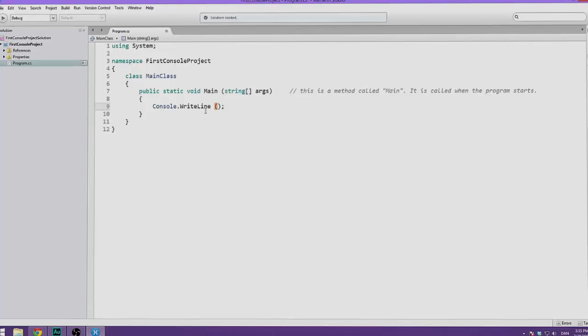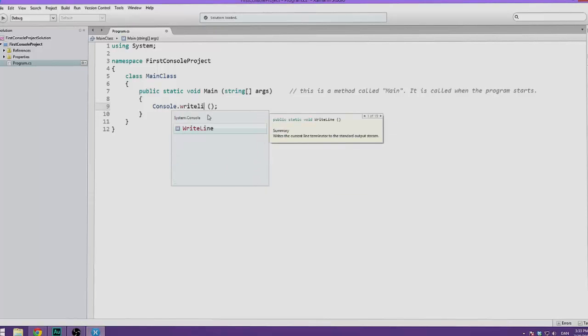And different functions have different parameters. Some functions don't even have any parameters. And some functions, like this one, can take multiple different kinds of parameters. And to view what kinds of parameters this function will take, what we can do is we can say